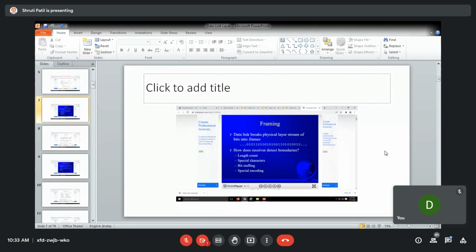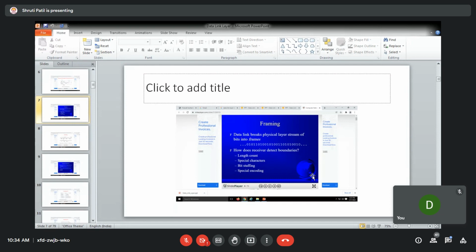Then we have already seen framing. There are different methods of framing: length count, special characters, bit stuffing, and special encoding.